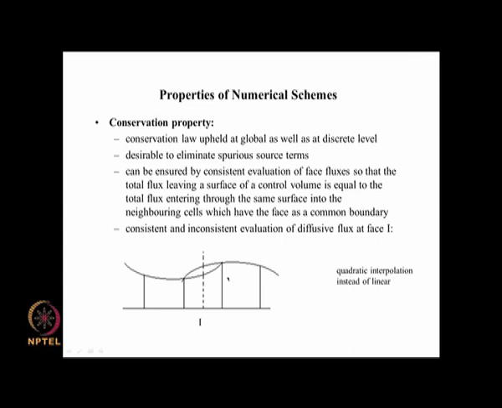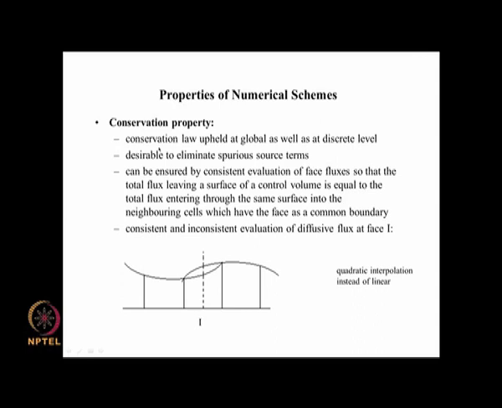So, there is a loss of flux, or maybe more flux than what you evaluated as leaving here is coming into this. So, that creates a spurious source of flux. In either case, you do not have flux balance, and that can give rise to problems. So, consistent evaluation of the fluxes at the faces of the control volumes is necessary